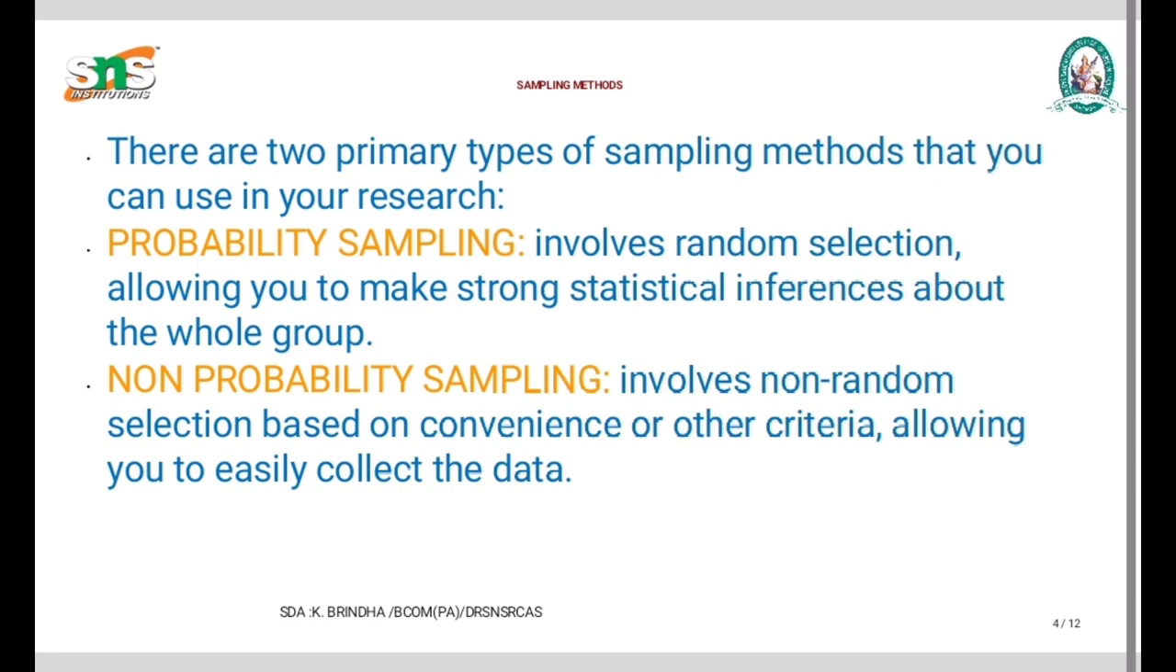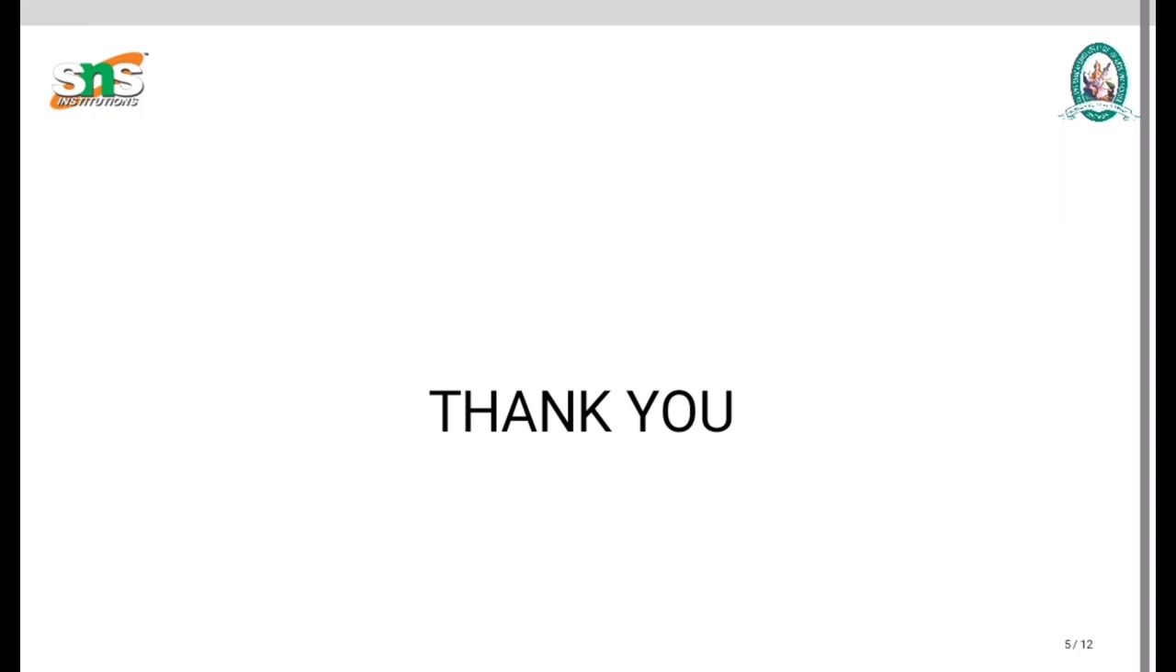And the last one is quota sampling. Quota sampling relies on the non-random selection of a predetermined number or proportion of units. This is called a quota. You first divide the population into mutually exclusive groups and then recruit the sample until you reach your quota. These units share specific characteristics determined by you prior to